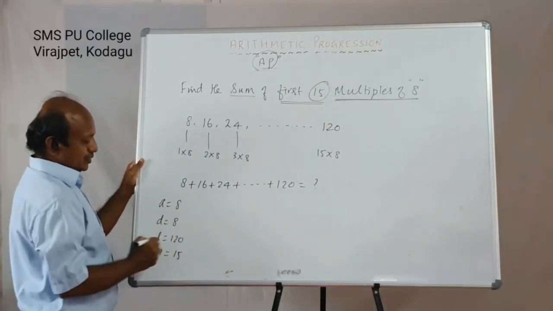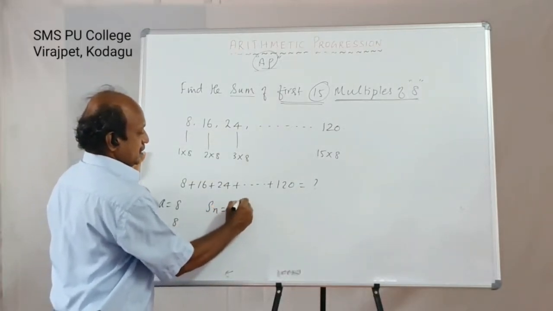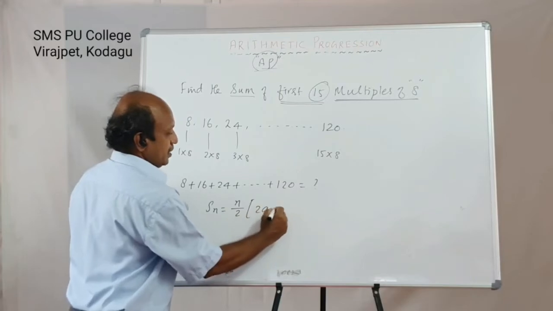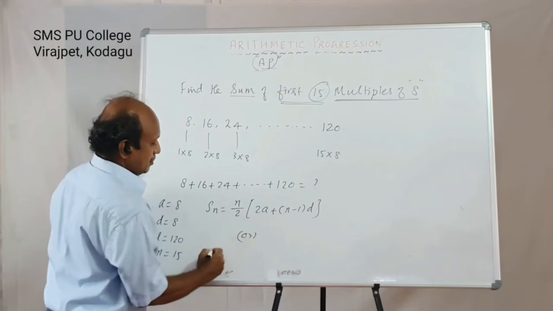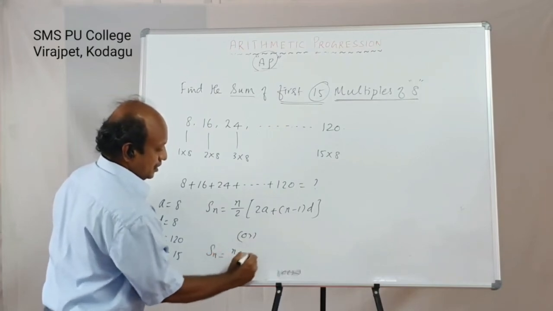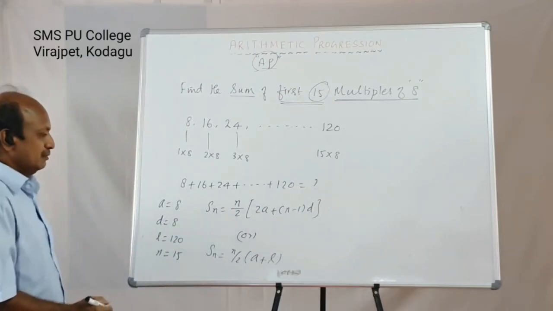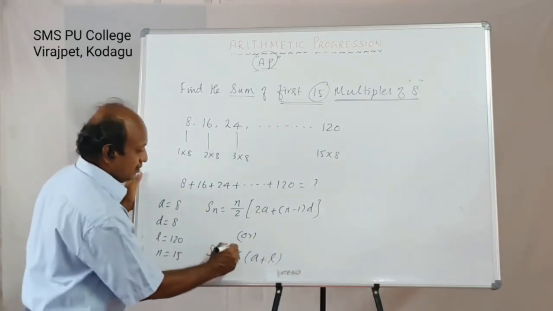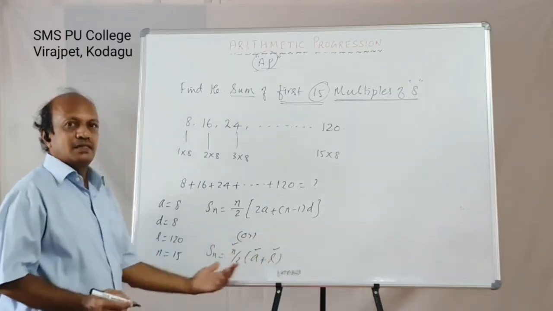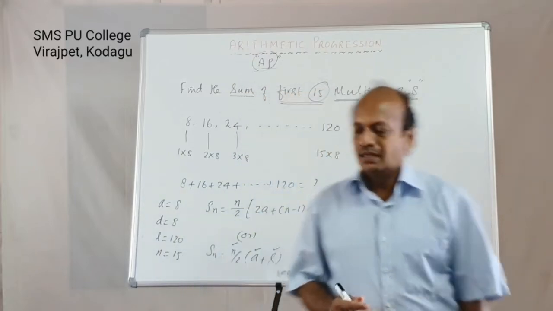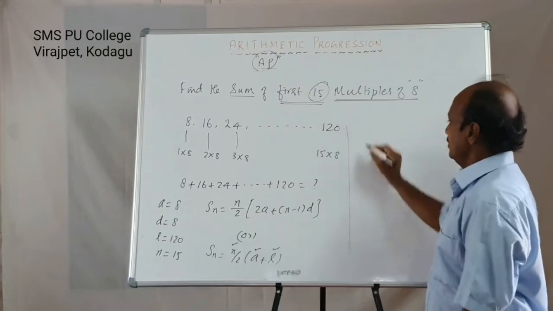Now, there are two ways you can solve this problem. Either you can make use of the formula Sn is equal to n by 2 into 2a plus n minus 1 into d, or you can go for Sn is equal to n by 2 of a plus l. Which is the most suitable one, where you can easily solve it? You know the value of n, you know the value of a, you know the value of l also. Therefore, let us go by the second method. And in the exam, they are not going to ask you to apply this method or that method. You can select the suitable method.